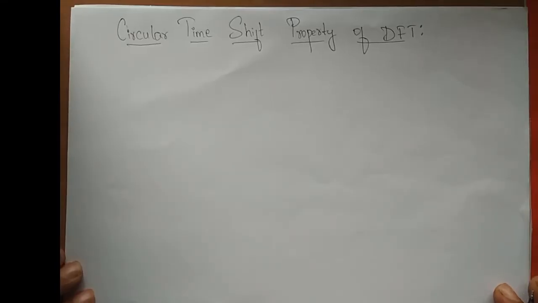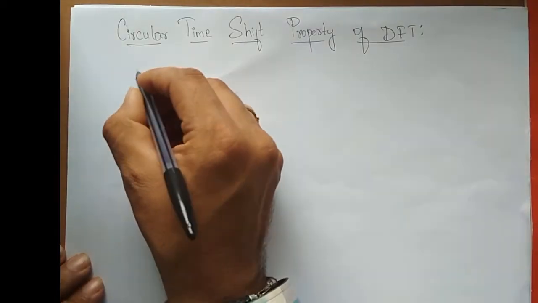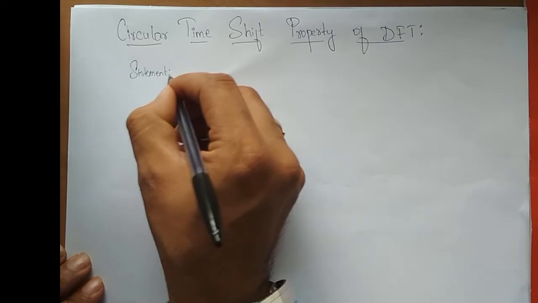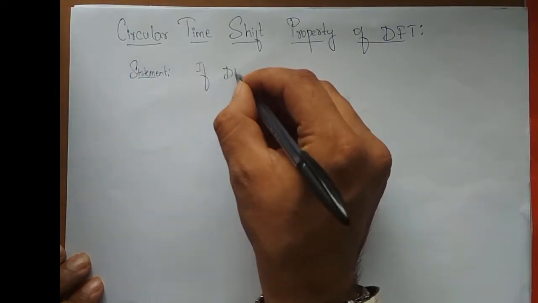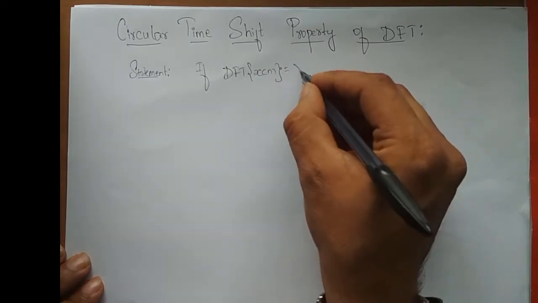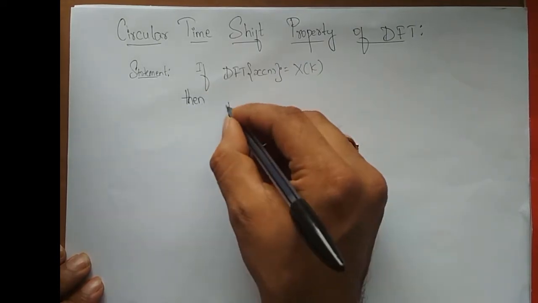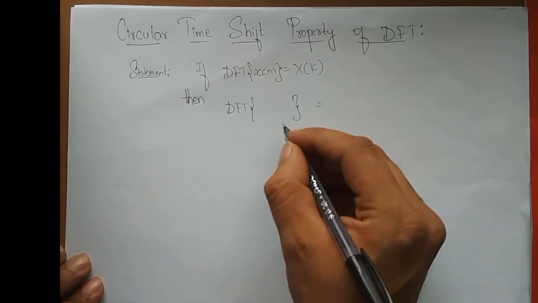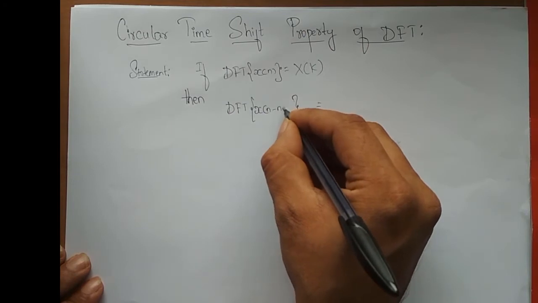So hey guys, in this lecture we are going to prove the circular time shift property of DFT. Its statement says that if the DFT of x of n is equal to X of k, then the DFT of the signal shifted in the time domain by n naught, x of n minus n naught,